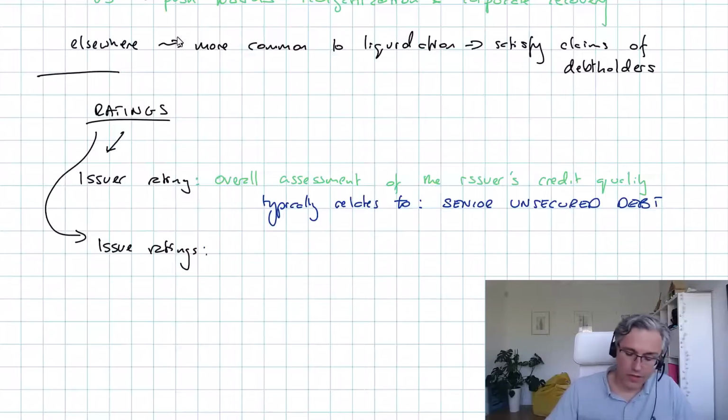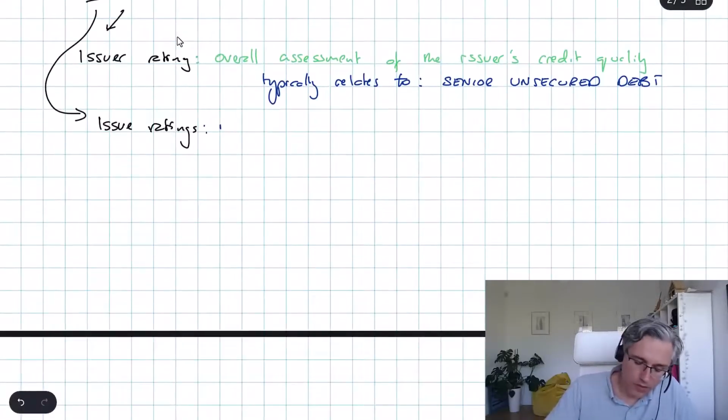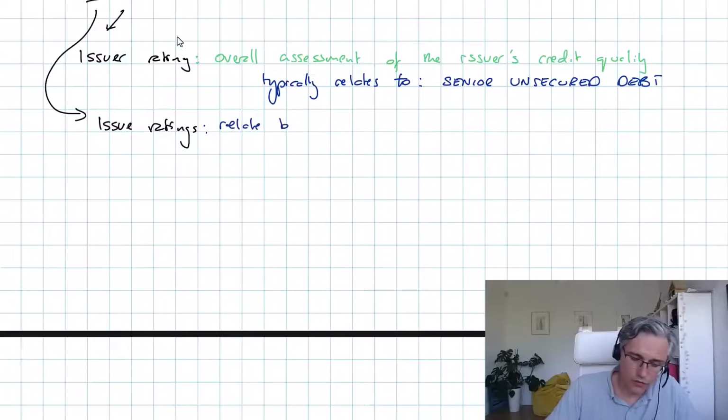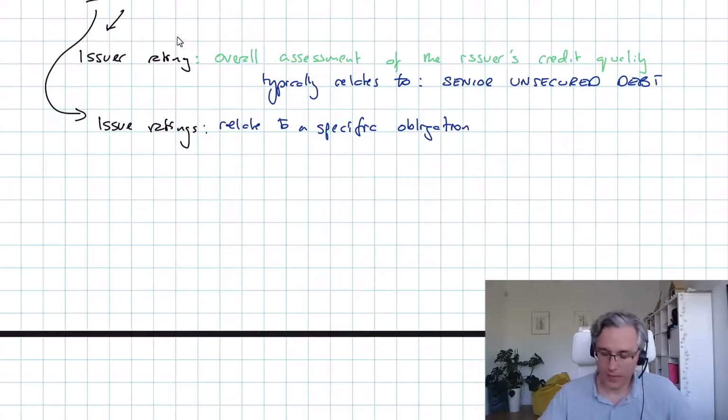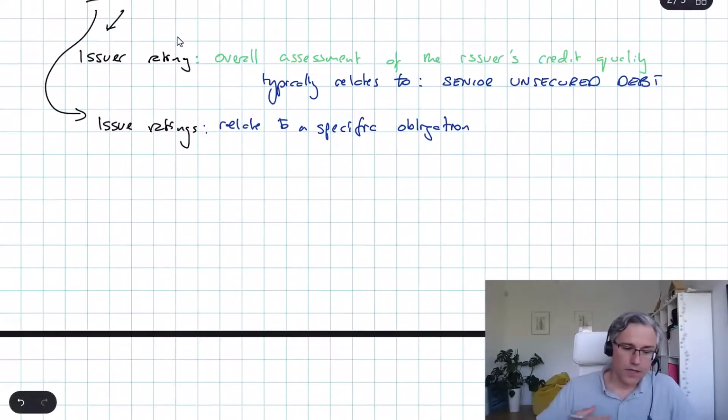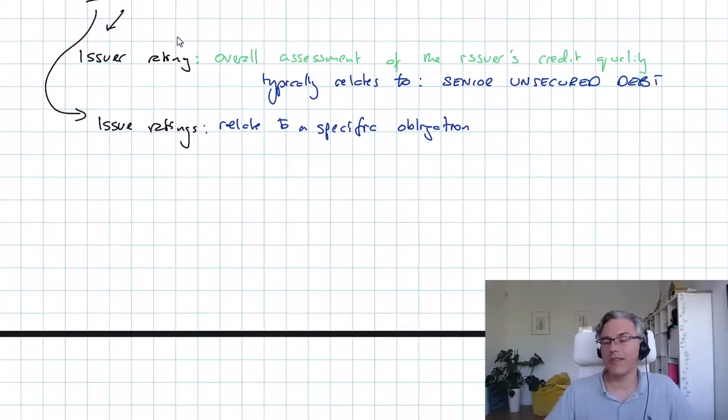Issue ratings, on the other hand, relate not generally to the issuer's credit quality, but to the quality and the riskiness of a specific obligation. So they relate to a specific obligation, a specific bond, taking into account its specific seniority ranking, as well as the collateral